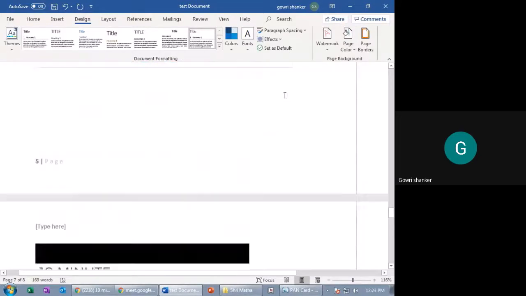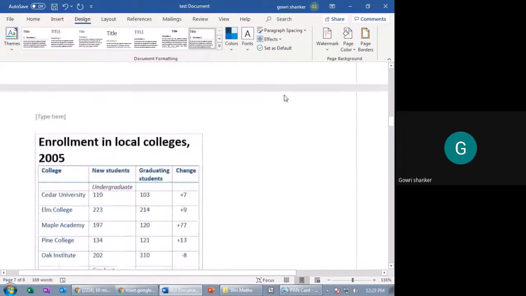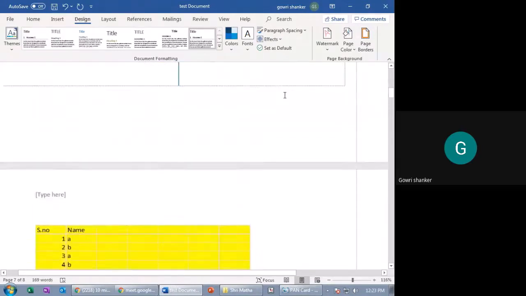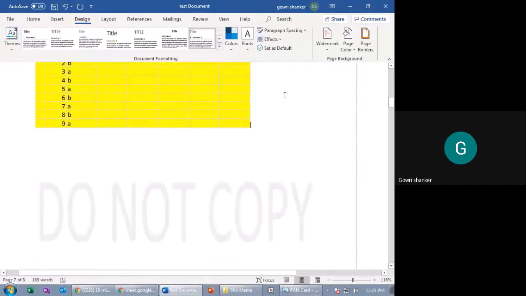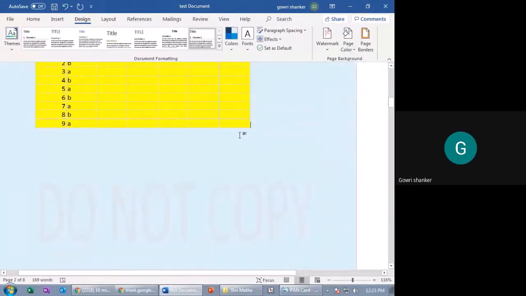For example, if I want to color a particular page, let us take the first page. I will keep one color. This is the first page, na? I want to put this page as this color.